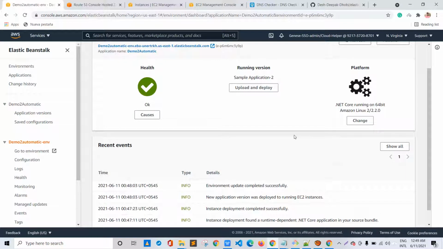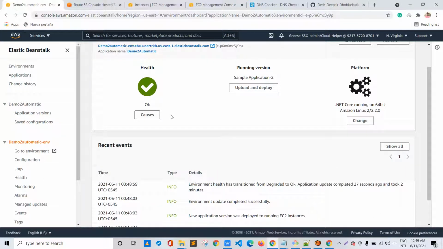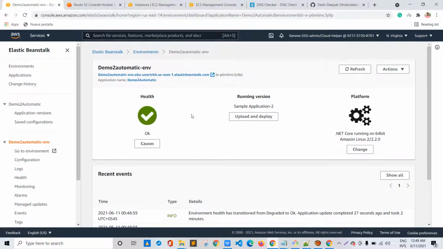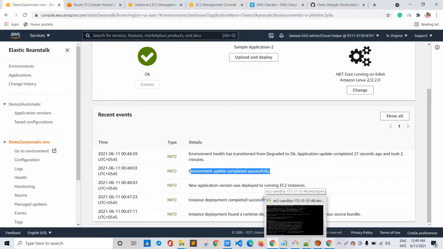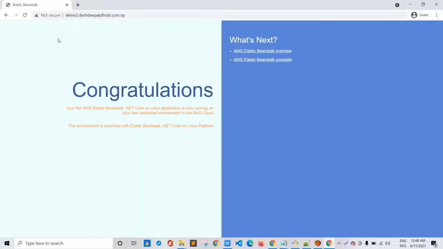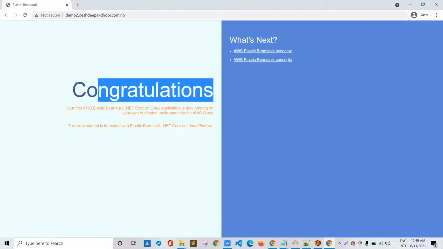Within a few minutes our environment is ready and the health is okay. The event log says that the environment update completed successfully. Let me go to the browser, and previously it was showing not secure and the message was this content.